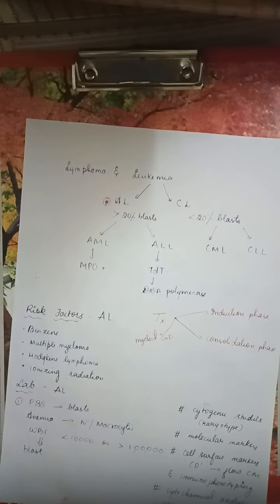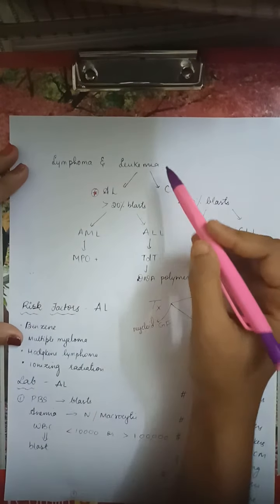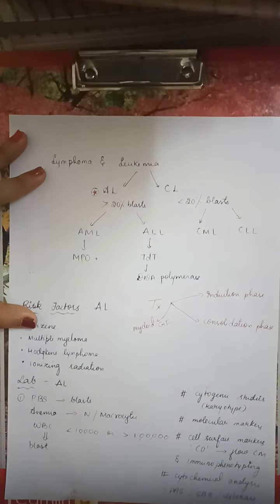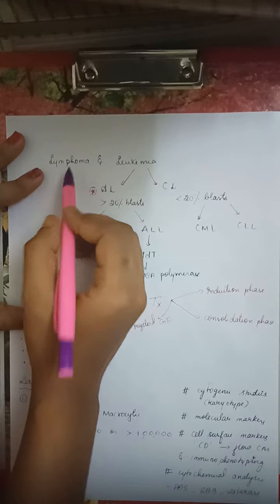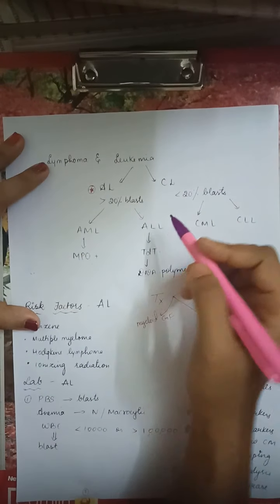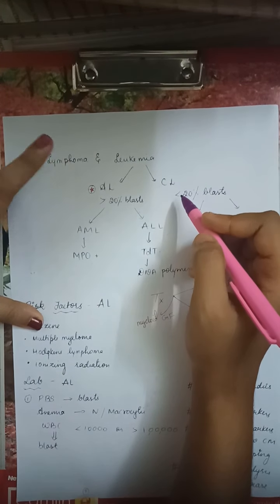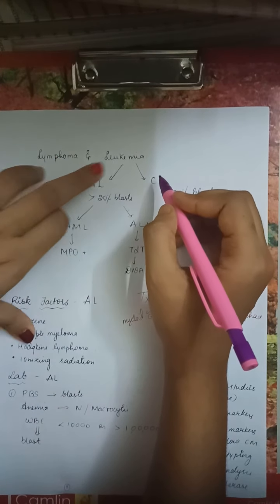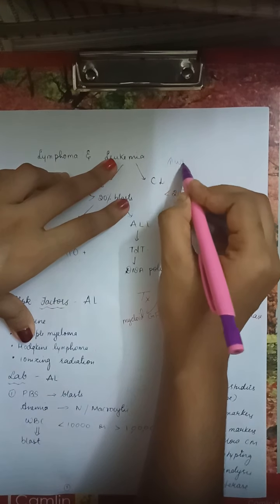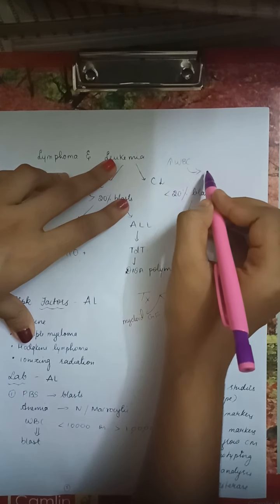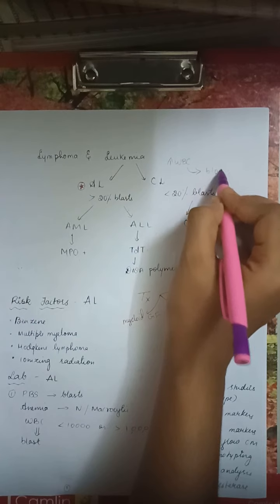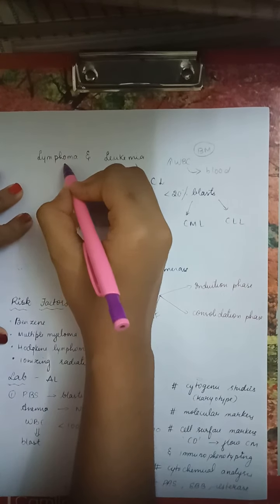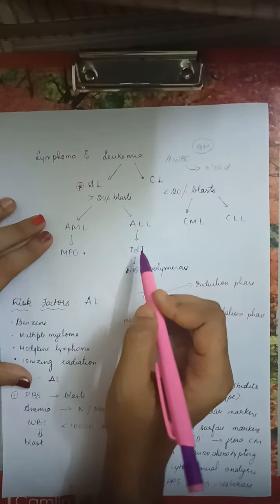Okay, now just summarizing what we studied. First, we must know the difference between leukemia and lymphoma. In lymphoma, there is an increase in immature cells or WBC, but these cells go and sit in a mass or lymph nodes. In leukemia, there is an increase in immature cells, and they go directly from the bone marrow into our blood, but in lymphoma, from the bone marrow they go and sit in any mass or tissues.